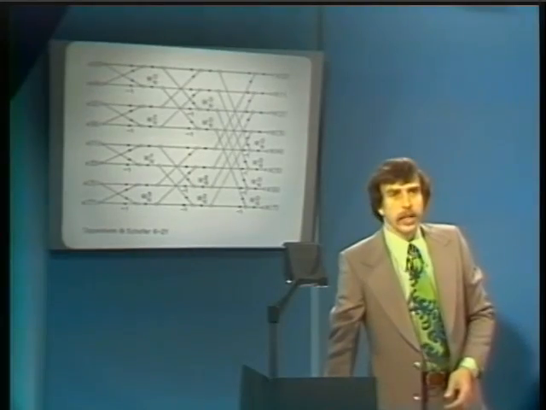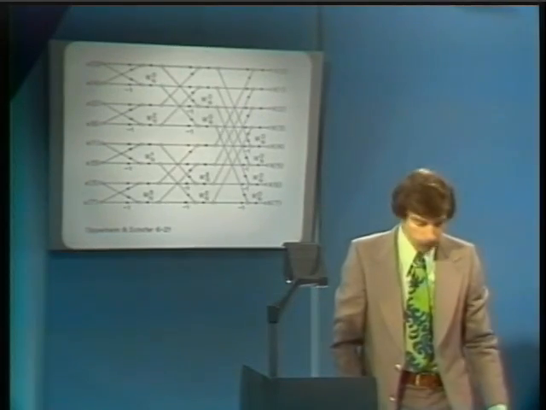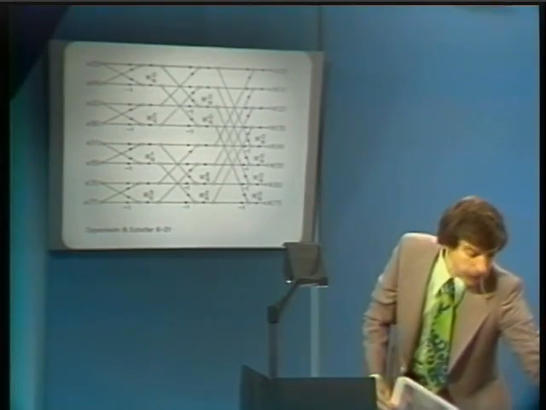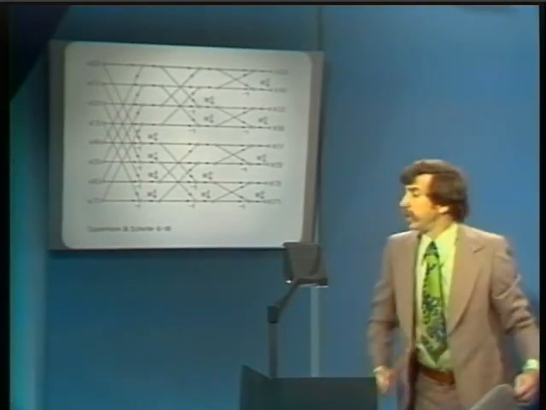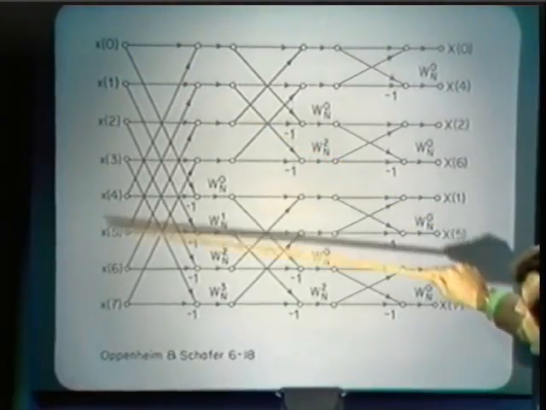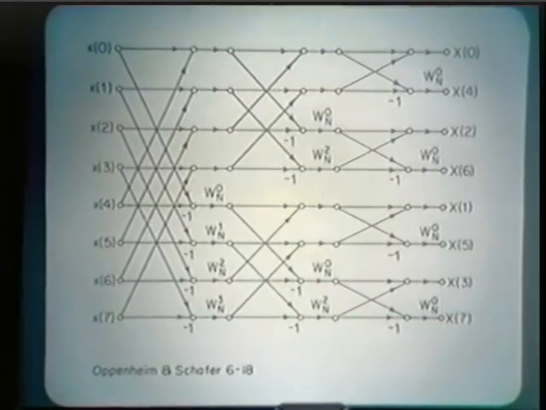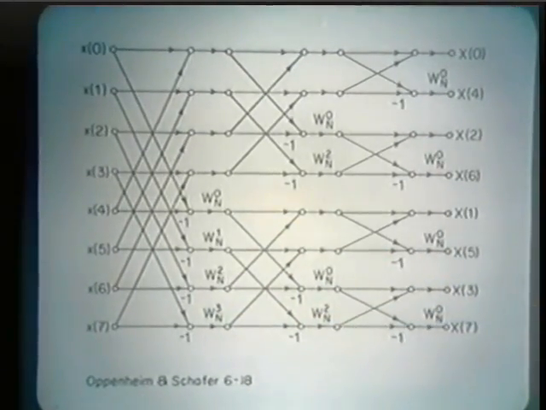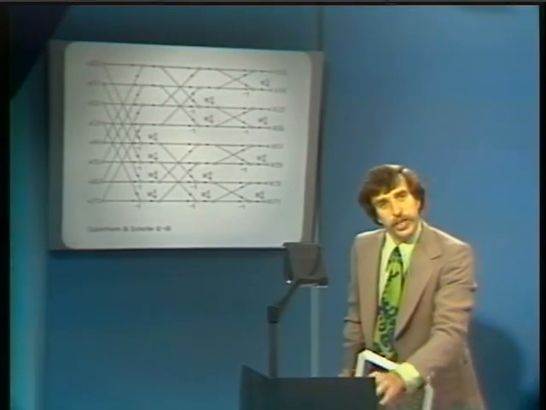The solution is to match up a decimation-in-time form of the algorithm with a decimation-in-frequency form of the algorithm, so that, for example, we can choose as the forward transform the decimation-in-frequency form of the algorithm with the input in normal order, the output in bit-reversed order, and the coefficients normally ordered, which is generally more convenient, and then choose for the inverse transform, not the decimation-in-frequency algorithm, but the decimation-in-time